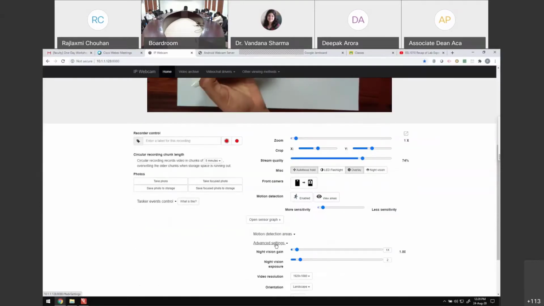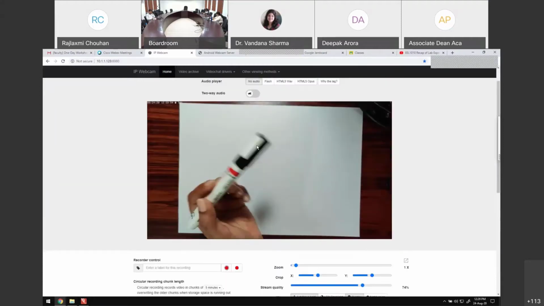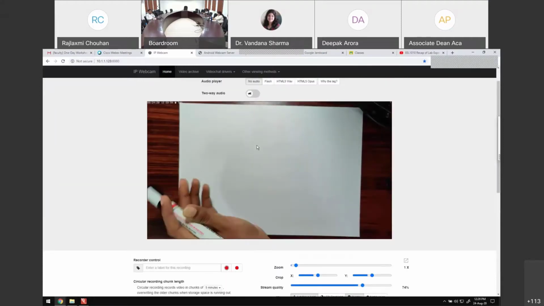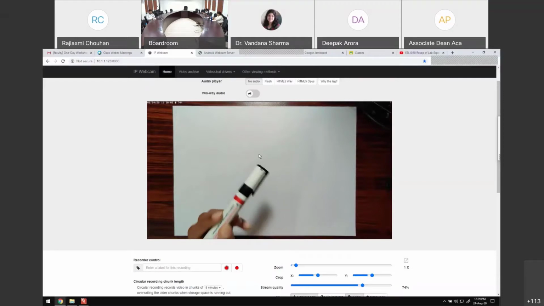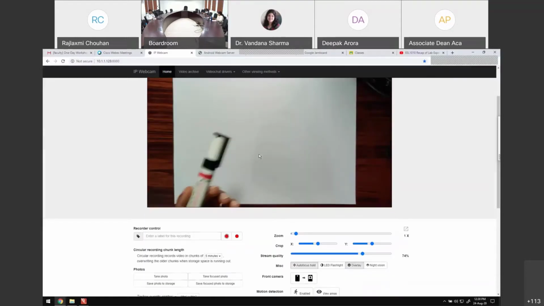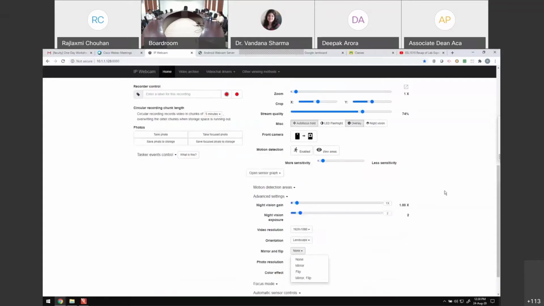Then there are advanced settings. So for example, you made all the settings, you got a clamp, and somehow you have got the perfect angle that you want to use. But when you start writing, you notice that the view is not correct, right? So it's inverted. So you have these options of mirroring, flipping, mirroring and flipping, right? So there are a lot of options here.